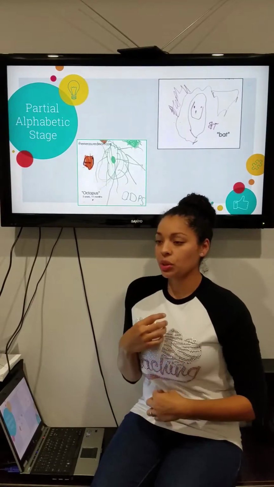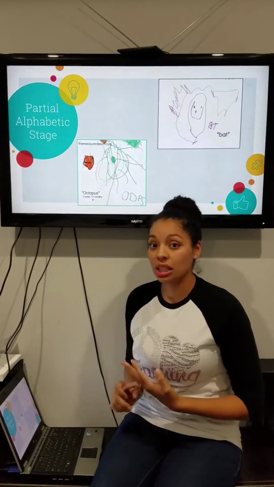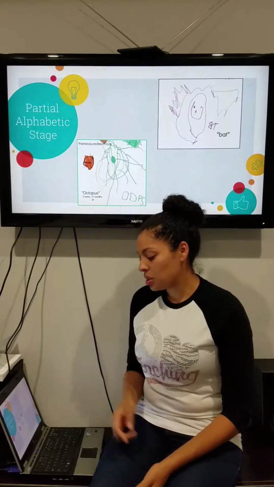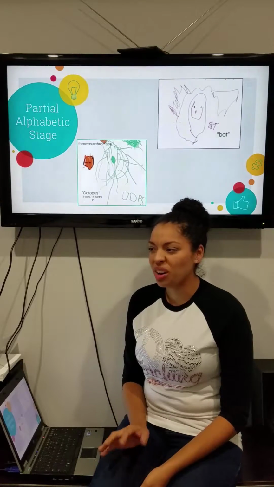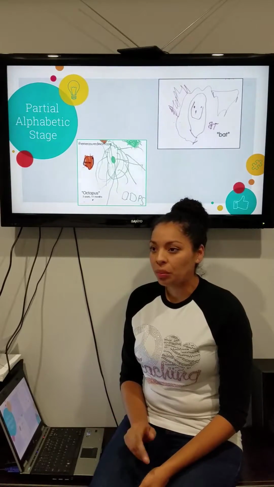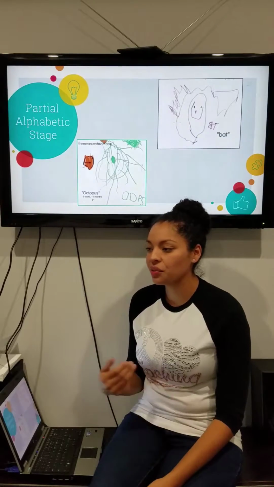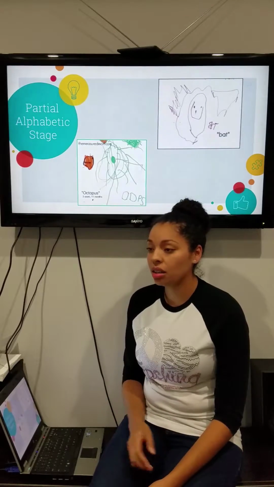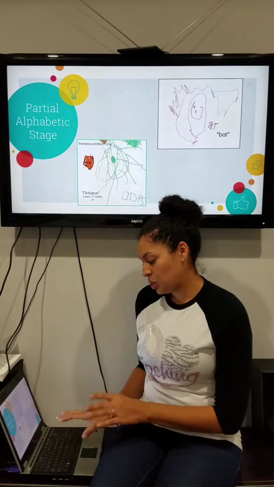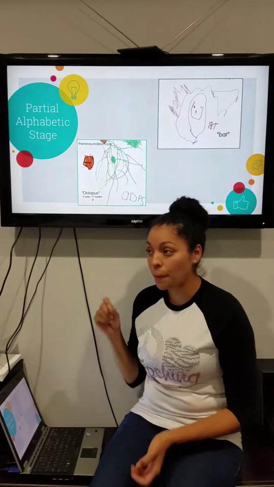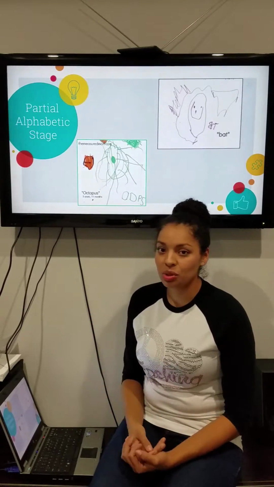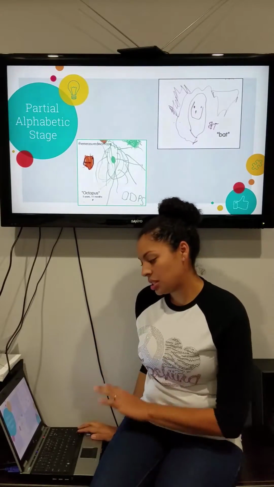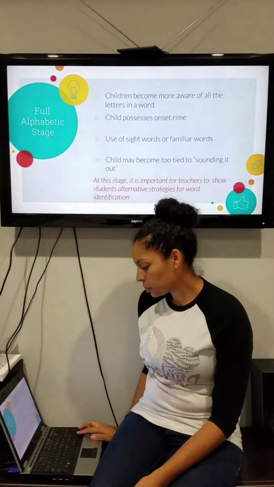Well, I teach first grade, but I used to teach pre-kinder and kindergarten. And most of these kids begin the partial alphabetic stage around October, November, around this time, where they've had enough time to be exposed to the letter names and sounds. They start picking it up very quickly, very rapidly, and they begin to start labeling items like house or mom. My daughter does this a lot too, so she'll draw a picture of her family and she'll put the F for family. And she's still at this partial alphabetic stage.